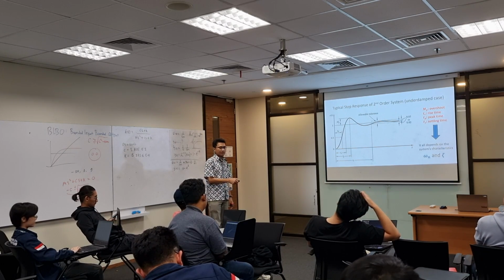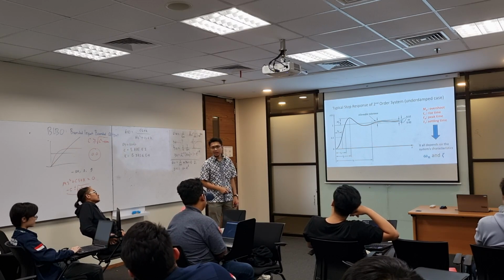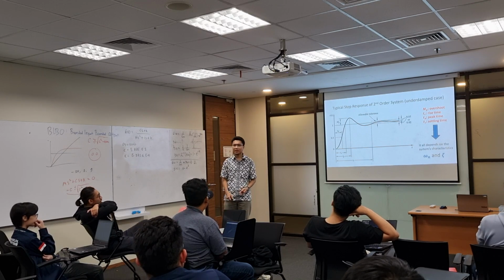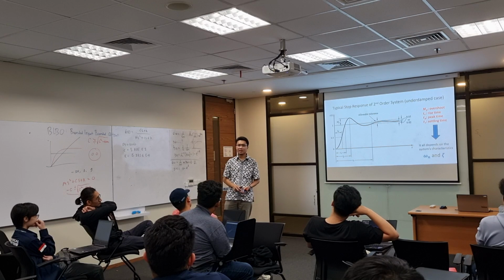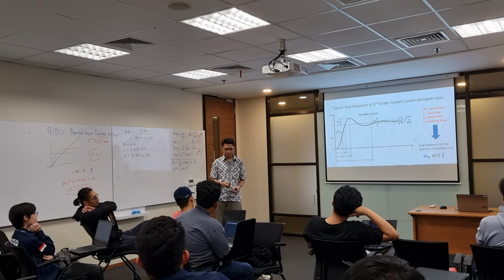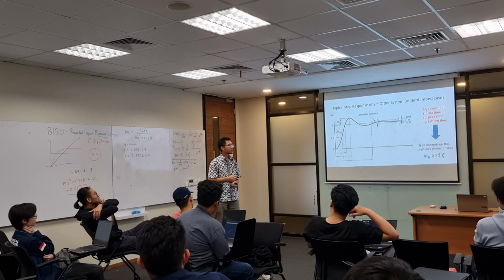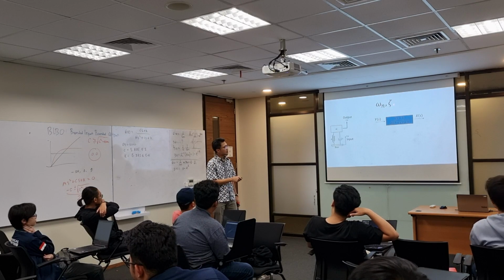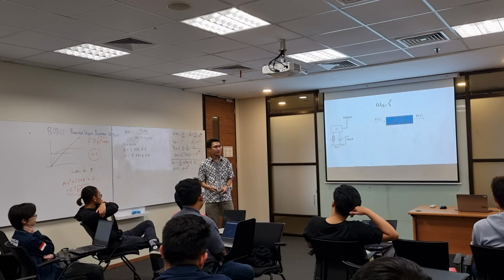And these characteristics depend on the omega n and zeta. Have you heard about omega n and zeta previously? Yeah, omega n is the natural frequency, and zeta is the damping ratio. A second order system has those two characteristics. Let's see what omega n and zeta are. Let us refresh your memory.